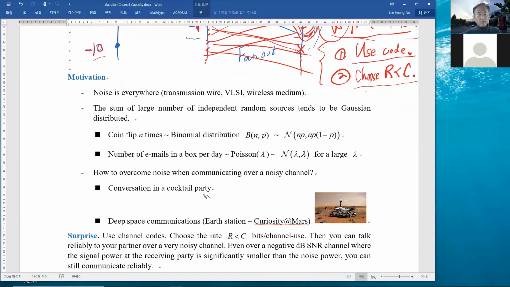One way is to scream very loud, right? That's a way of increasing the signal power, so that the counterparty who is trying to listen to you closely can pick up some signal so that they can understand. The other way is to use